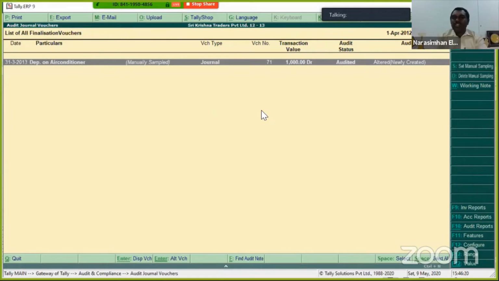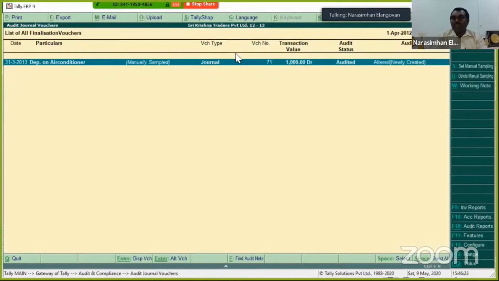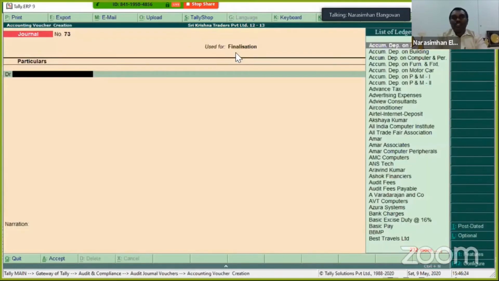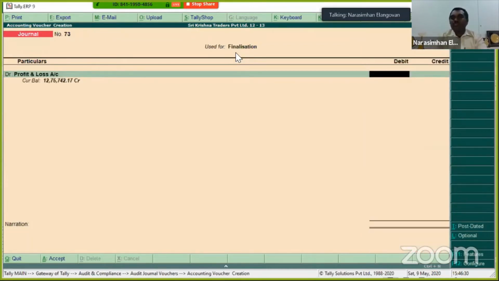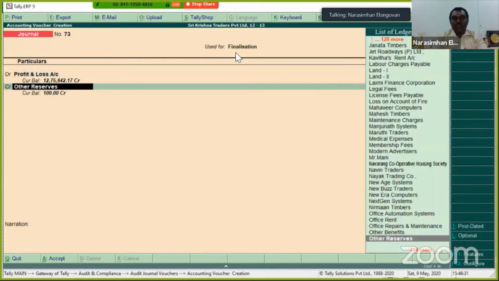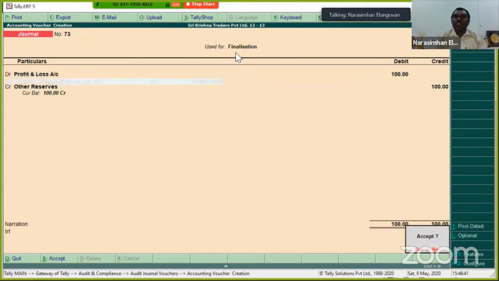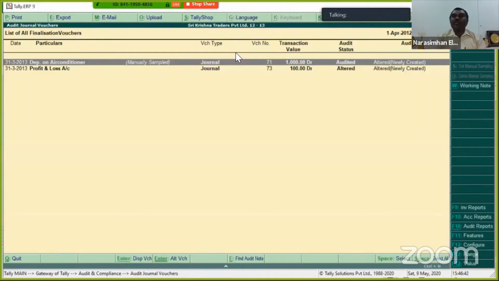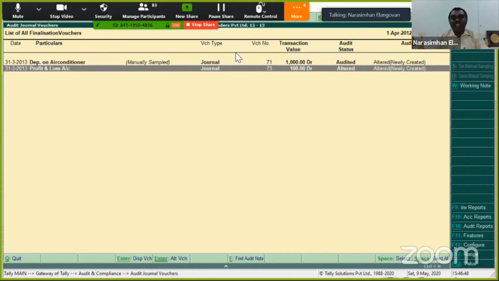The same thing. You just do an audit, whatever is the basic, just click on audit journal. There's going to be a journal. You can find it over here, used for finalization: debit profit and loss account 100, credit capital account. Okay, this is a company, so I have to choose reserves and surplus, or I just choose other reserves, and say transfer. So this entry will be tracked separately. The advantage is whatever entries the auditor passed can be easily tracked here.